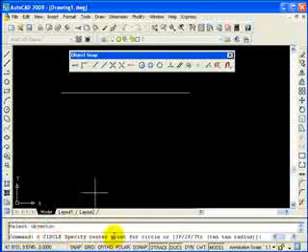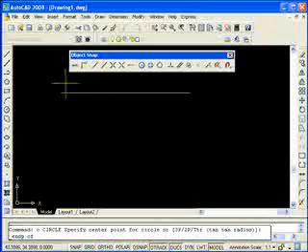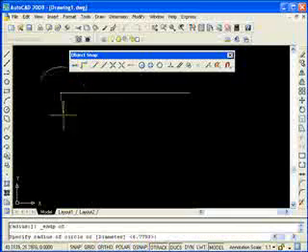Remember, the first thing that it asks you in a typical circle is the center point of the circle. Let's say I want the center of the circle to be right on the end point of that line. Okay, I've started my circle, it's asking me for the center point, so instead of just picking a point, I'm going to say end point, and I'm going to tell it I want the center of my circle at the end point of this line, pick, and now I'm going to pick